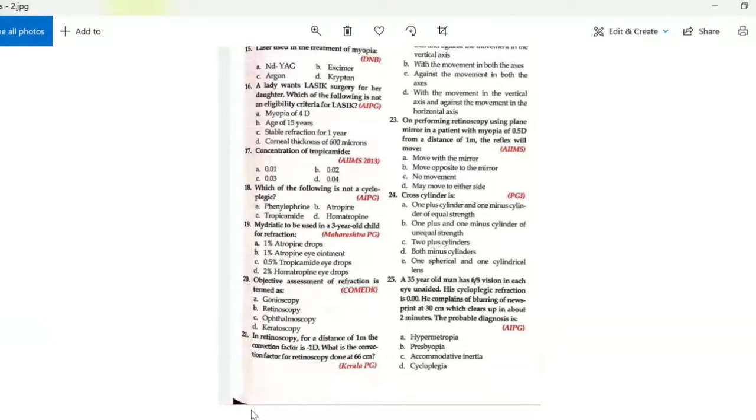In retinoscopy, for a distance of 1 meter, the correction factor is -1 diopter. What is the correction factor for the retinoscopy done at 66 centimeters? Here, the idea is to find where the punctum remotum of one eye is. When the punctum remotum of one eye is at 1 meter, this means that this eye is with -1 myopia. When the punctum remotum, or distant point of clear vision, is at 66 centimeters, this means that this patient has about 1.5 diopters of myopia. So in these cases, in retinoscopy, the correction factor will be